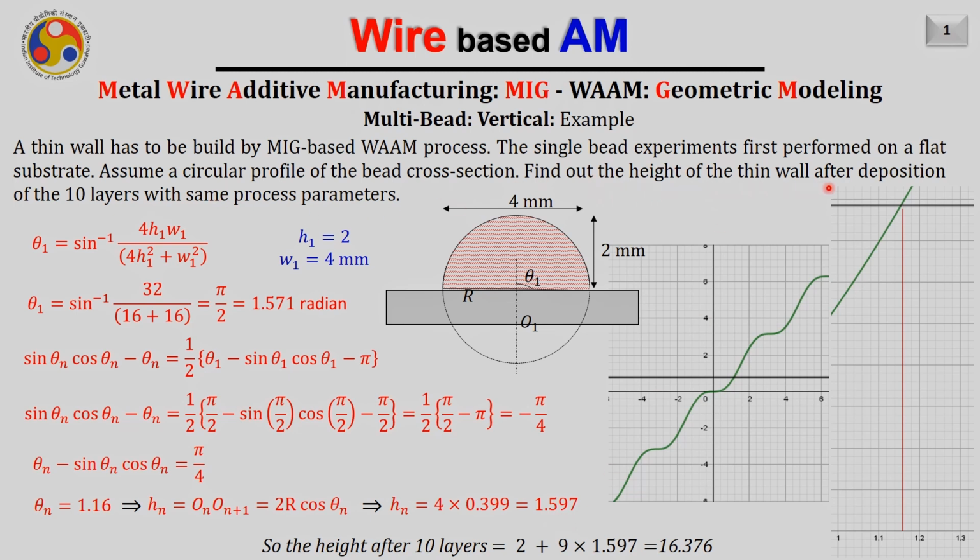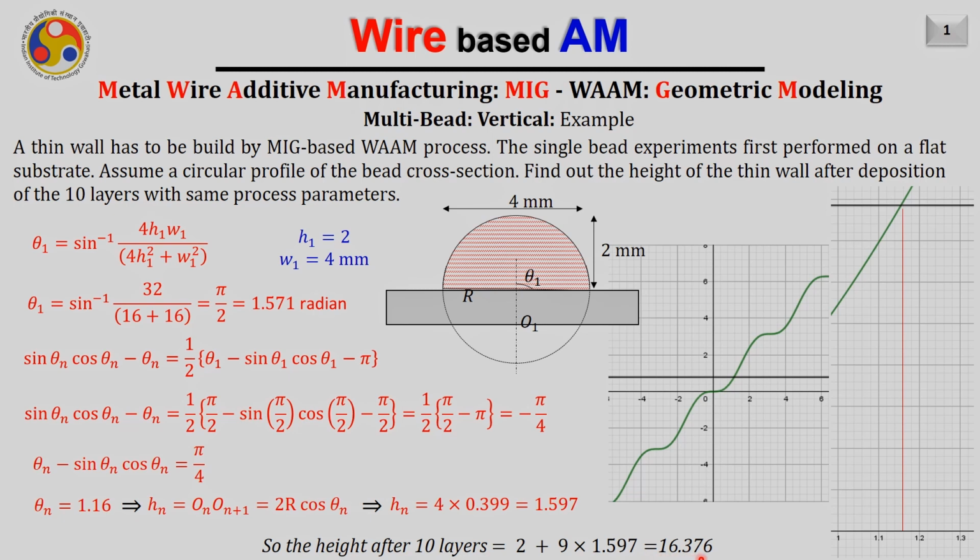Now let us go back to the question. It is asked to find the height of the thin wall after deposition of 10 layers with the same process parameters. Of course, the first bead or first layer will be deposited on the flat surface, therefore its height will be 2 mm, that is why 2 is written here, and the next 9 layers will be deposited on top of it. We have seen that if we deposit on such a curved surface, the height of the bead is going to be 1.597 mm. Therefore, the total height after deposition of 10 layers will be 2, the height of the first layer, plus 9 into 1.597,